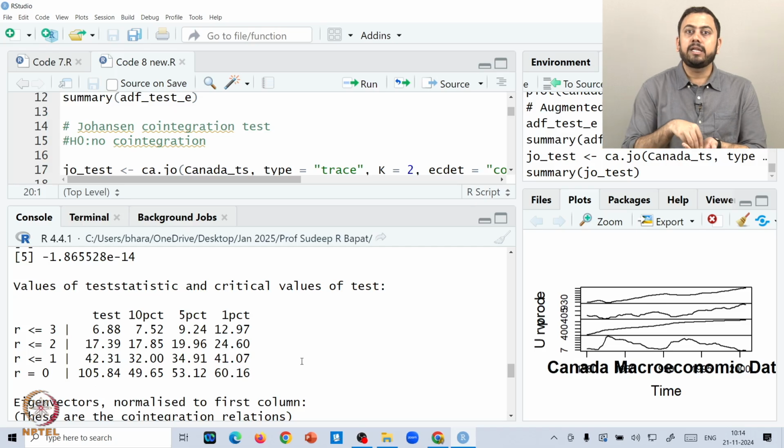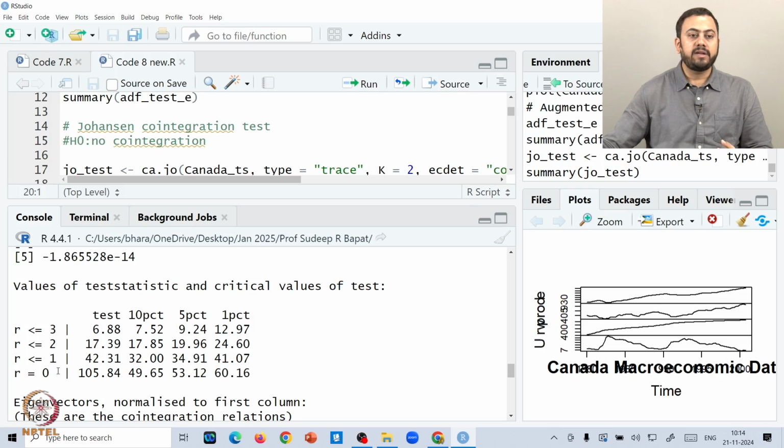If the test statistic is bigger than the critical values, one can reject the null hypothesis safely. If we are rejecting the null, we reject the claim that r is 0 and go for the next level. Hopefully this is clear. At r equal to 0 we are able to reject the null, so we can move on.